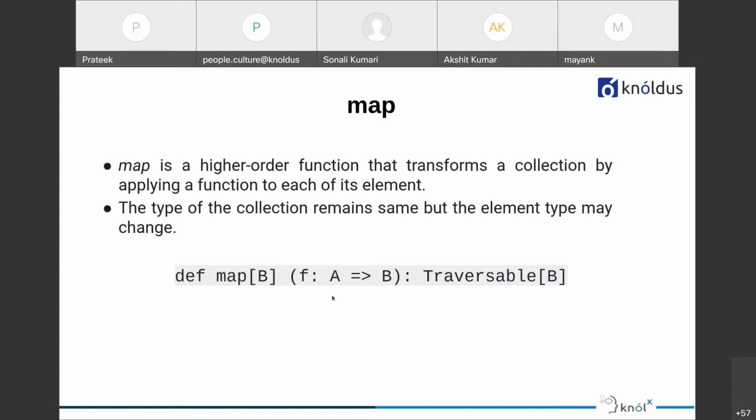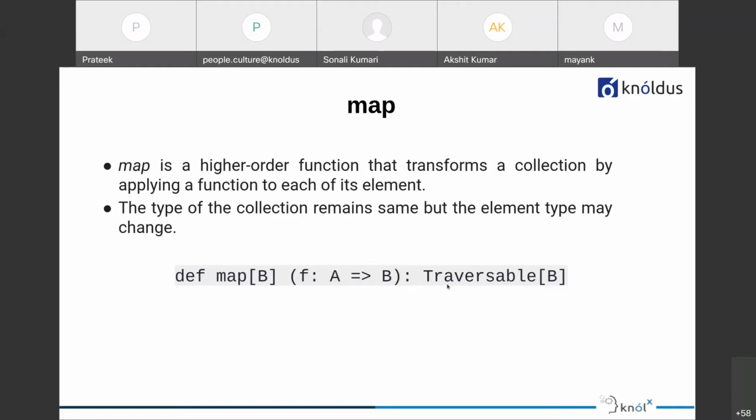It basically expects a function from A to B. A to B means a function with only one parameter, and it returns us a traversable, which is the top level class in the collection hierarchy.